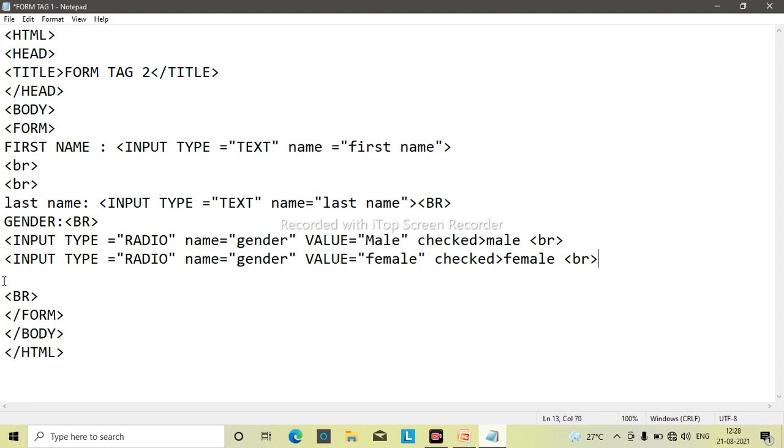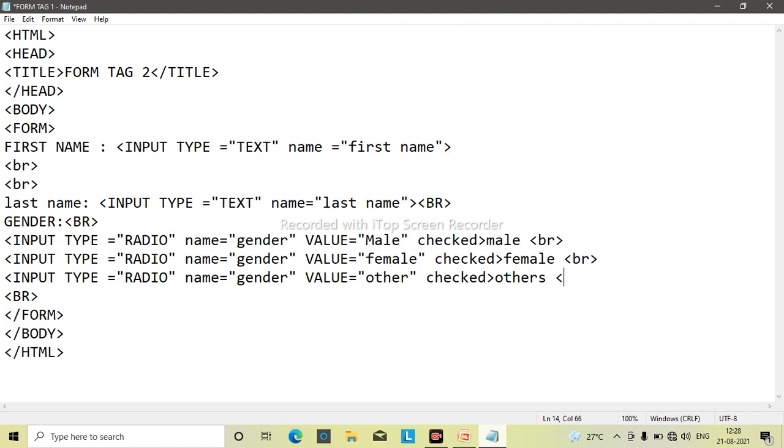Then once again value, now other. If you are other gender, in that case, check others. Then BR. Understood? Then you remove this BR, we have put already. Then we will close form, body, and HTML.